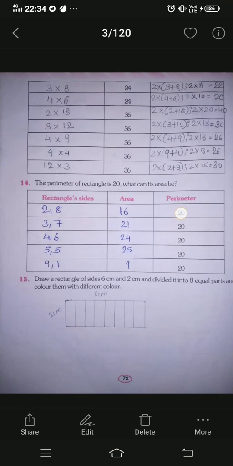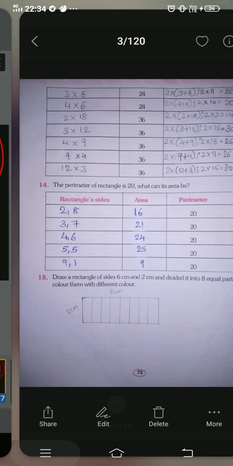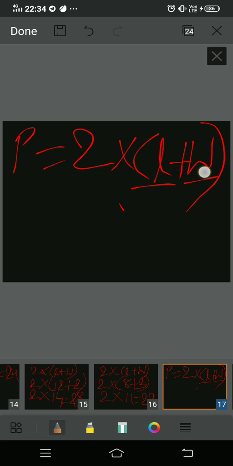In the question they are given 20 is your perimeter. Okay, so when do you get 20, children? What I have done is, by what number if you multiply you get 20. You had to multiply that number by 2. You have to add length and width and multiply that answer by 2 and then you get your perimeter, isn't it? So 2 into what, when you do, you will get the answer 20. That is what you need to think.